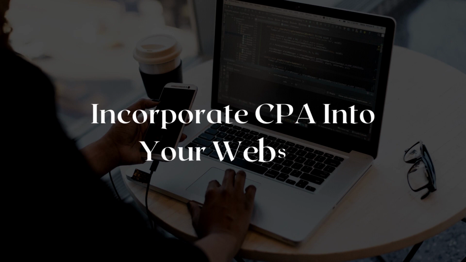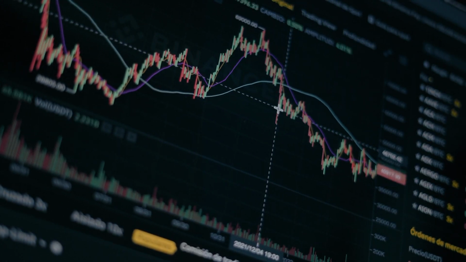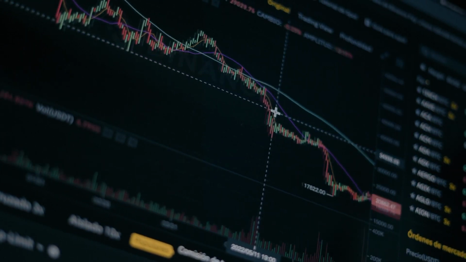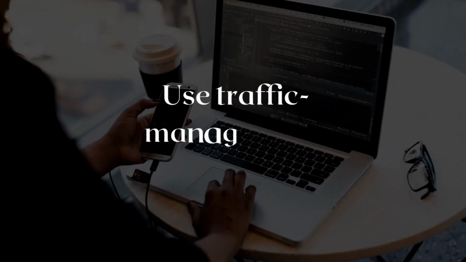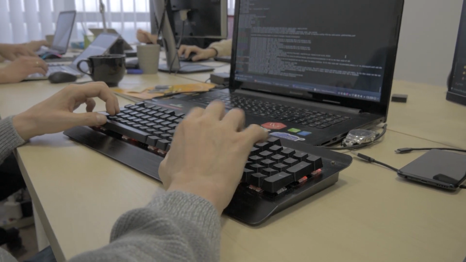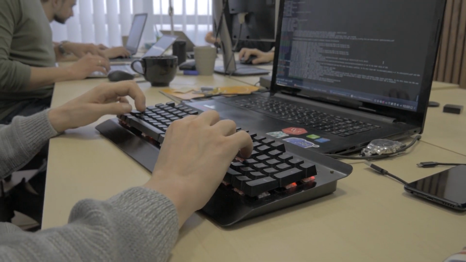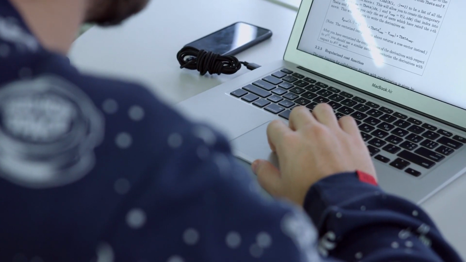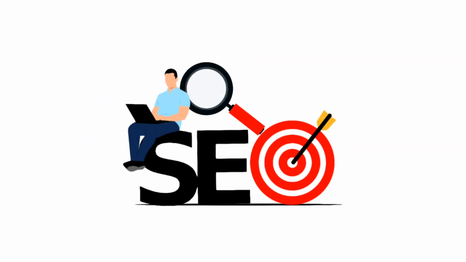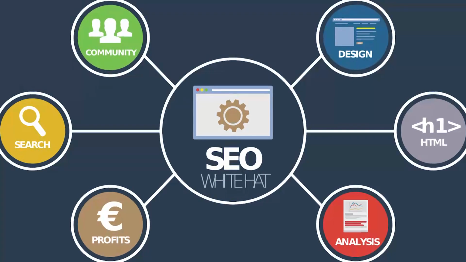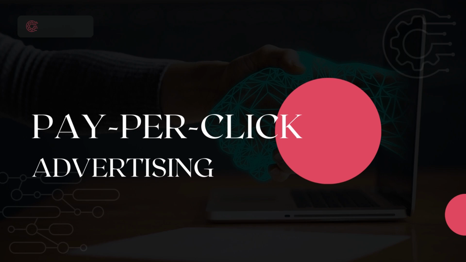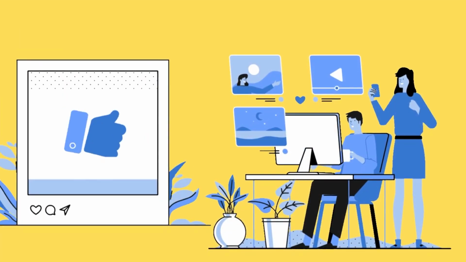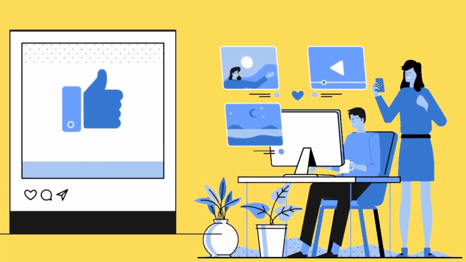Incorporate CPA into your website. You can boost your website to include the CPA advertiser's brand, such as including links that point users to the advertiser's website. Use traffic management strategies. Employ strategies that will attract more visitors to both your website and the website of your partner advertiser. To increase traffic rates, consider the following approaches. SEO increases traffic by incorporating target keywords and boosting your visibility in search results. Pay-per-click advertising is a quick method of luring visitors to your website. Using social media accounts to advertise captivating advertisements.